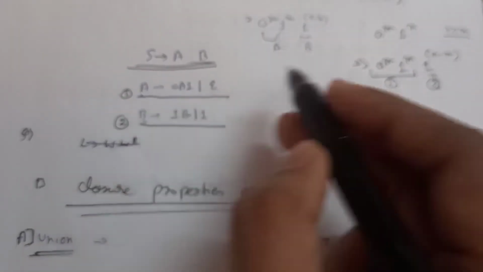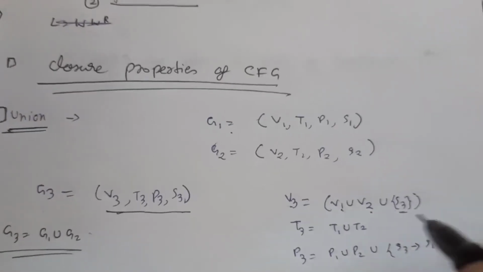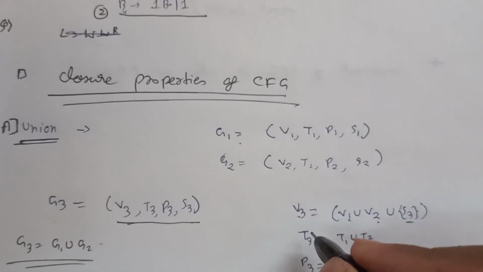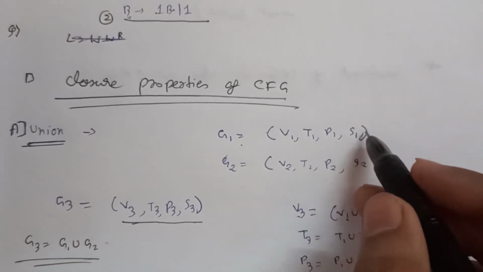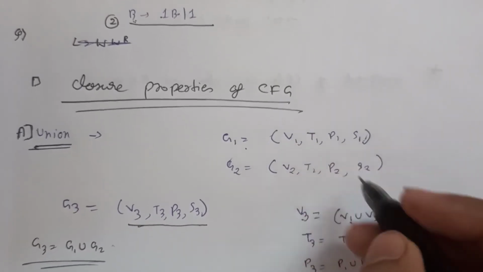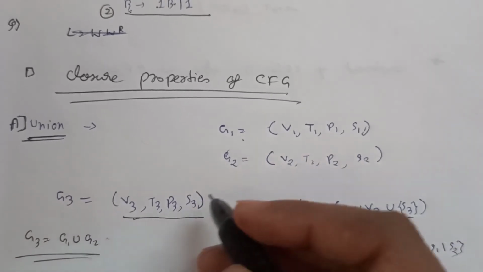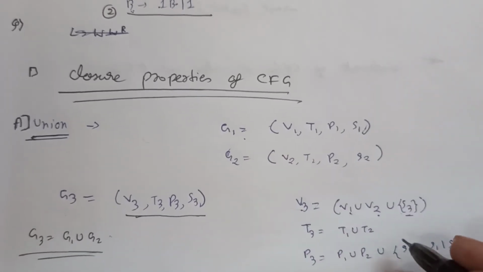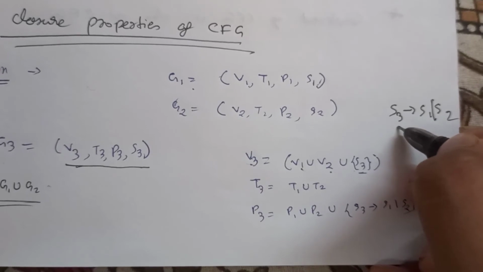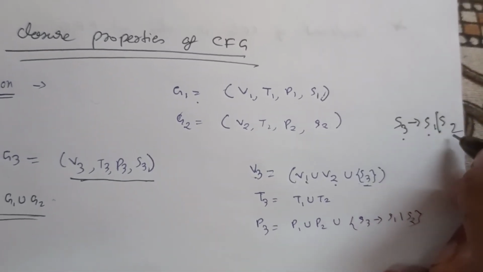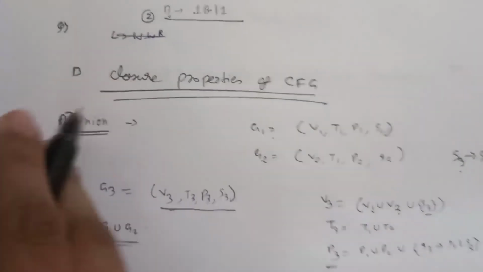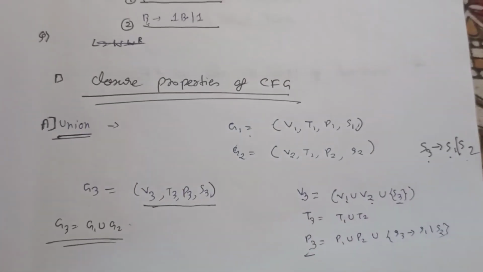So then V3 will become V1 union V2 and another new starting variable, that is S3. So I am just making a union of A and B. From S2 we are having A and B both. So there must be another new starting variable which will be included in the variable set, and this will also be our new starting variable. So I can also have S3, and what will be the terminal set? The terminal set will be similar, both of them will be included, T1 and T2. And what will be the production rules? For the production rules, both P1 and P2 will be included, and along with them another new production rule will be included, that is from the new starting variable to either the first starting variable or the second starting variable. So this new production rule will also be included in our P3. So that's how we make a union of our CFG.